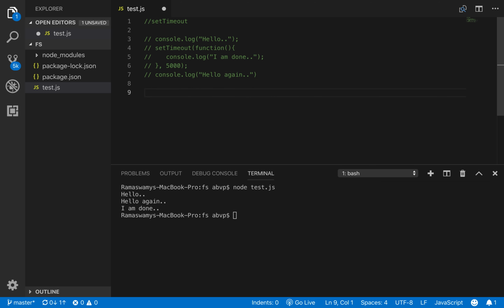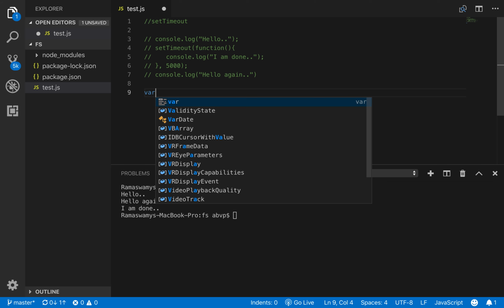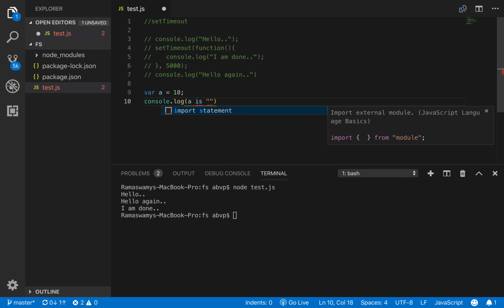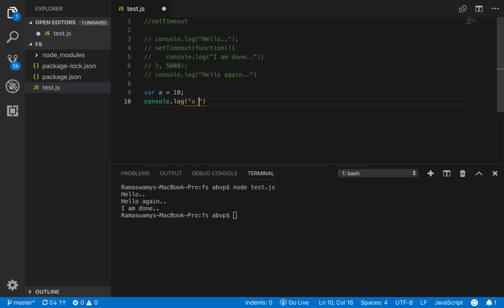And let's have a variable, say A, and initialize it to a value, say 10, and print that variable. Alright, so A is A.